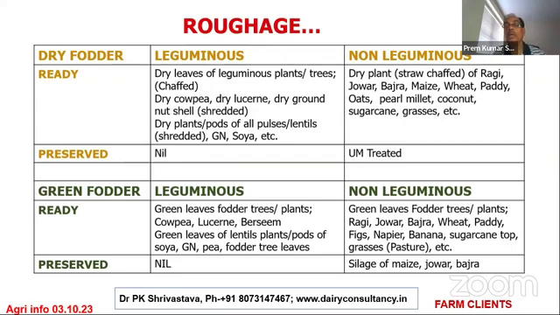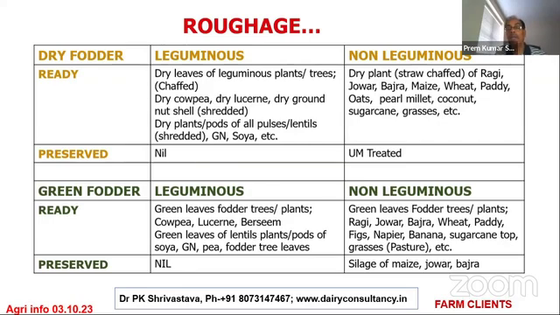That was never known earlier, that yes, we can feed it, like coconut trees, shredded coconut leaves. Groundnut and soya plants after harvest, when they become dry, after removing the dust and dirt, are being fed to the animals nowadays. The dry plants like ragi, jowar, bajra, maize, wheat, paddy, all these straws, or maybe made hay, all those things are the dry fodder. There is also preserved fodder, so that will come later.